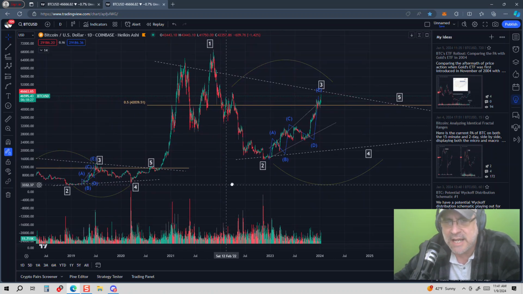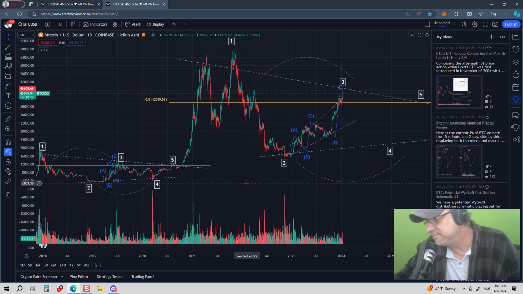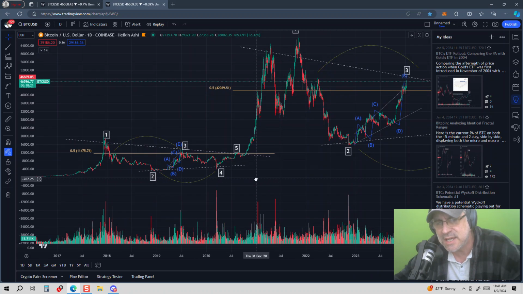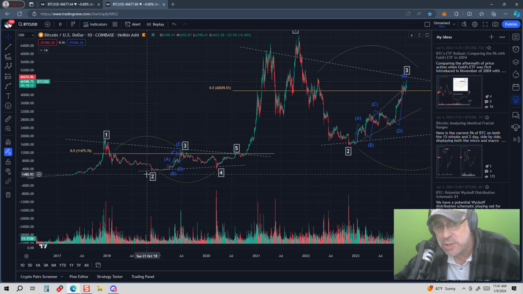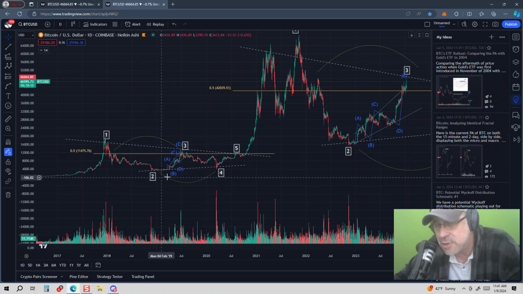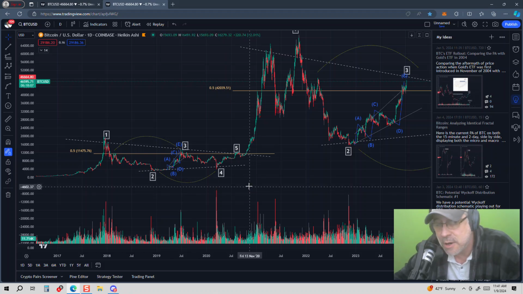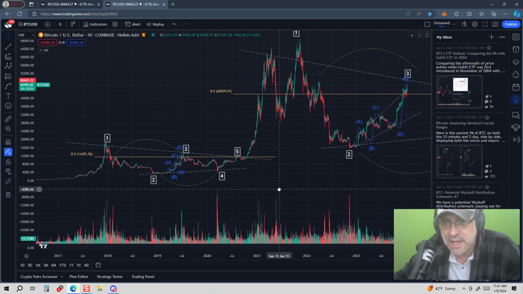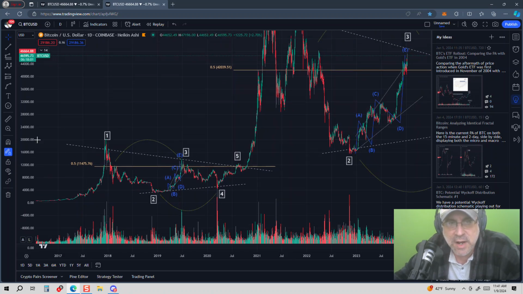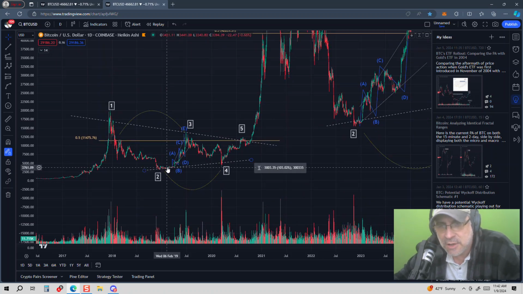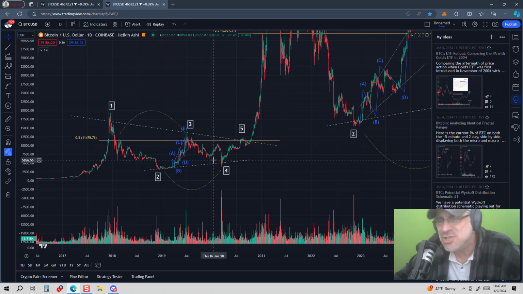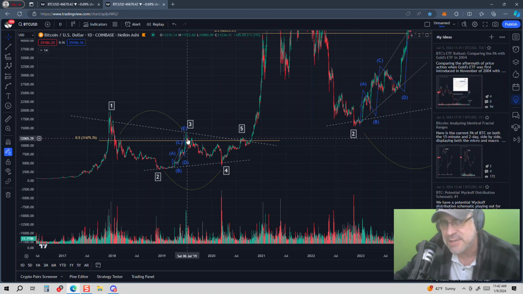And like I spoke about in the last video, guys, if you take the absolute highest point of 1 and the absolute lowest point of 2, and you do the midpoint between those points, we arrive at what's called the 0.5 Fibonacci line, or what I like to call TRM, trading range midpoint. And trading range midpoint is where, traditionally, if you look at the wave from point 2 to 3, that is usually where the counter trend tops out,